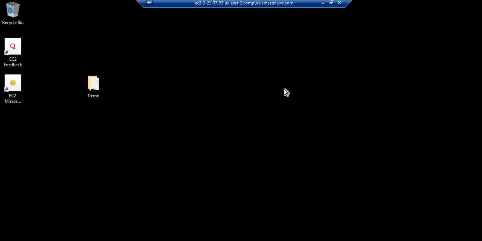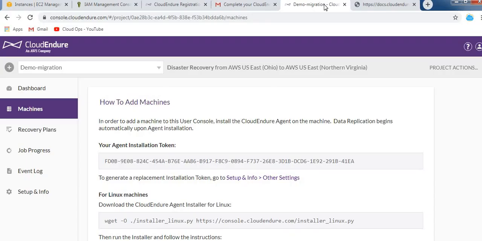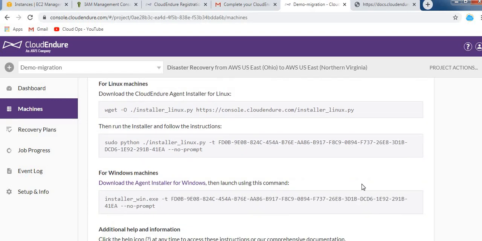So guys, this is my Windows server which I am going to migrate from one AWS region to another. Now see the installation process. If you are using a Linux machine, you need to download the CloudEndure installer agent and run this command to install it.